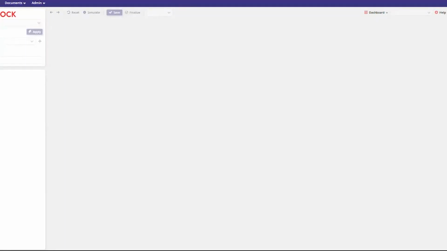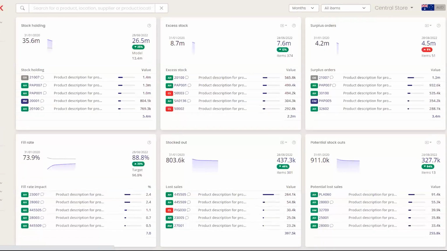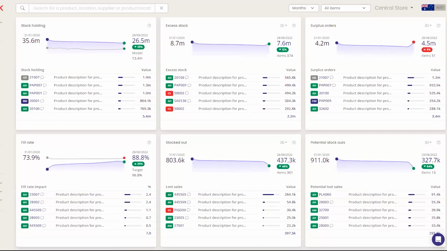So, sorry, let me jump back to here. I'll just drill into an individual item here so that you can see the product that is correlated, how the information runs through between the two.